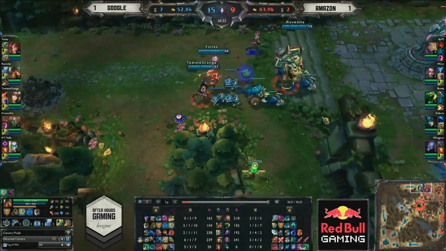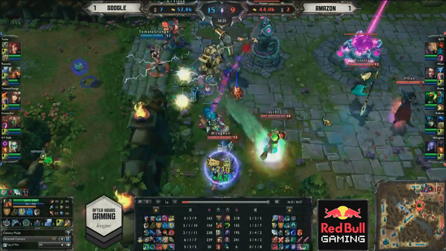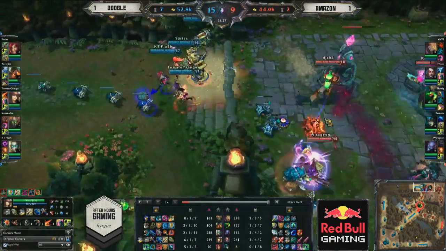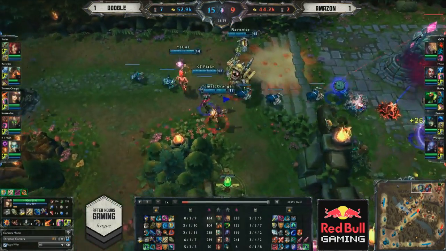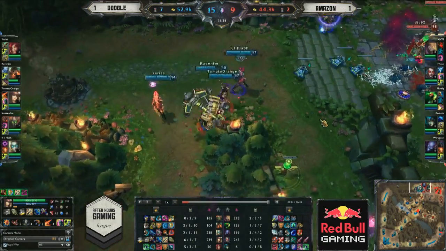Both teams are aware of what's at stake here. This is it. This is the final game. $5,000 for charity on the line. Whichever team can pick this up is going to take it all home, and they'll get the ultimate bragging rights for being the Season 3 champions of the After Hours Gaming League. And those bragging rights